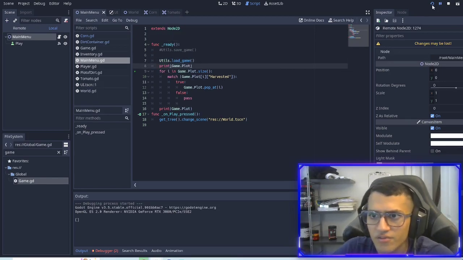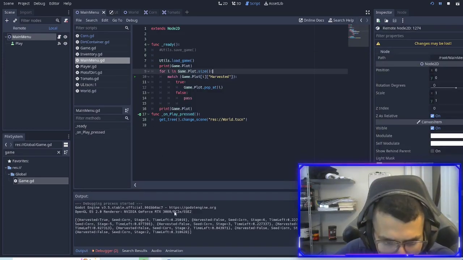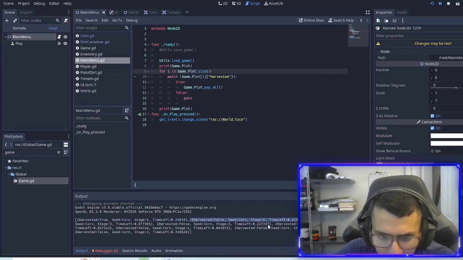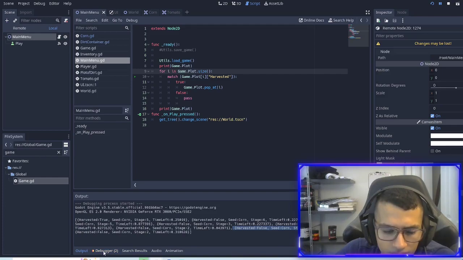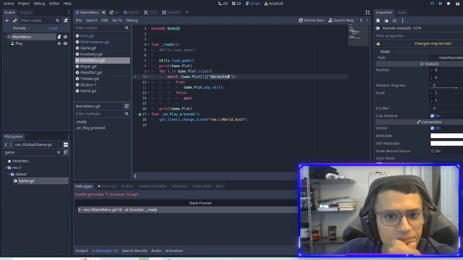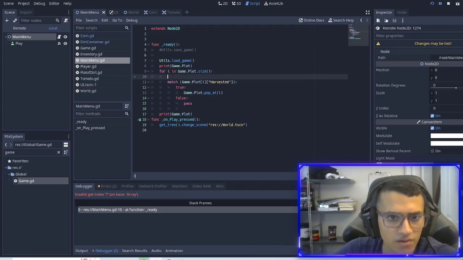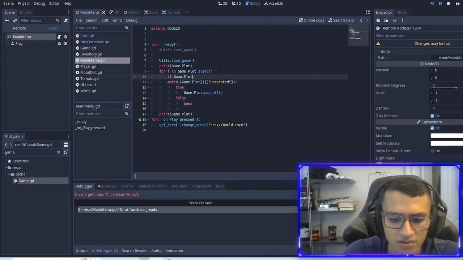Okay, let's try one more time, see what's going on in our array. How many do we have? 1, 2, 3, 4, 5, 6, 7, 8. We have 8. Why is it erroring at index 7? That is very interesting. Harvested plot 7. Okay, what we can do, to avoid this error, is if game.plot I